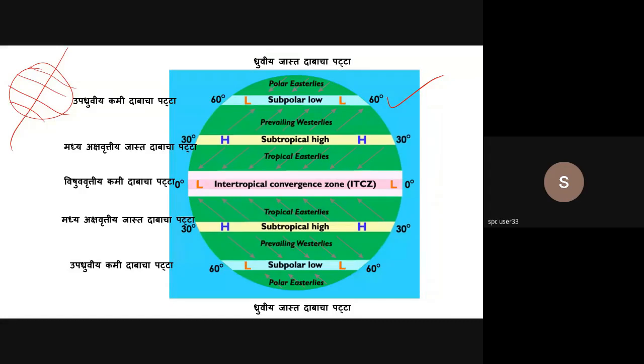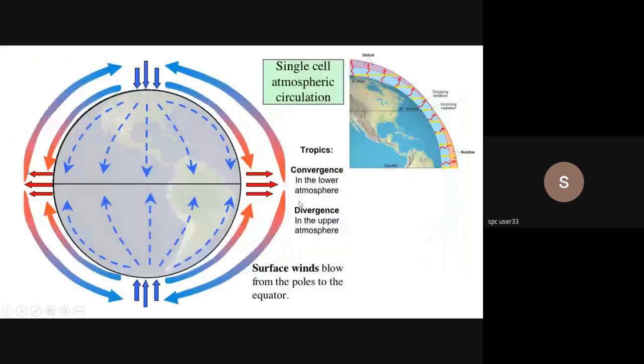As I said yesterday, earlier it was not believed that we could have so many pressure belts, because the earliest of the people who were working on this said that there is only one atmospheric circulation cell, as it is called, convection. All of this is based on convection, they said. And as far as this convection is concerned, it is believed that the insolation, the sun's heat energy, is maximum here. So that is going to heat up here.